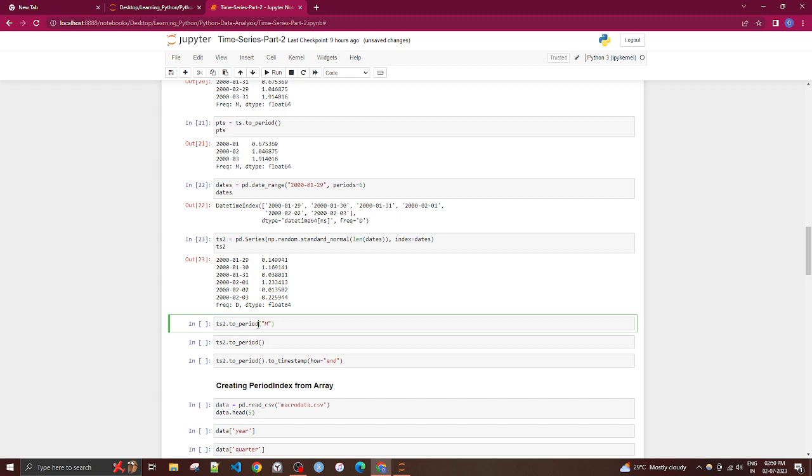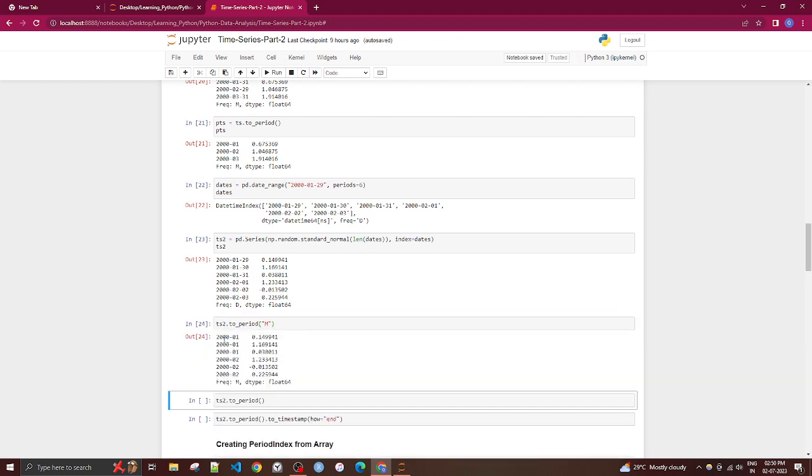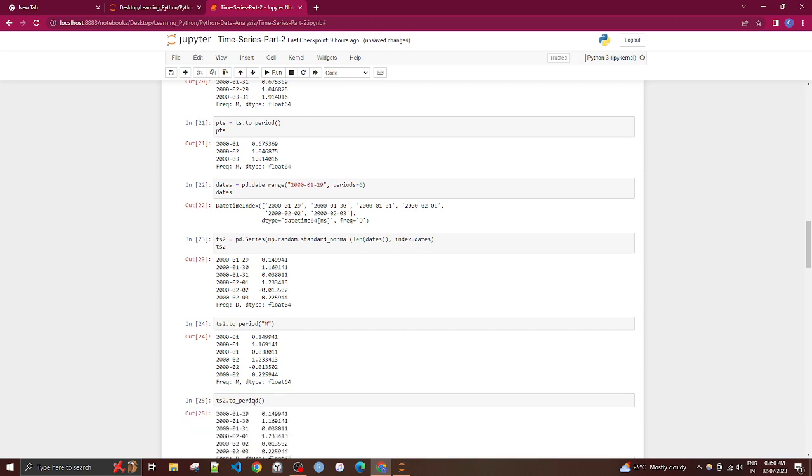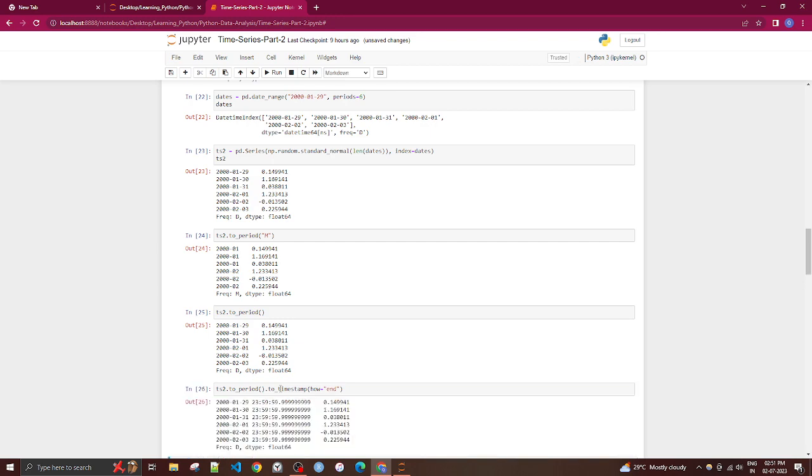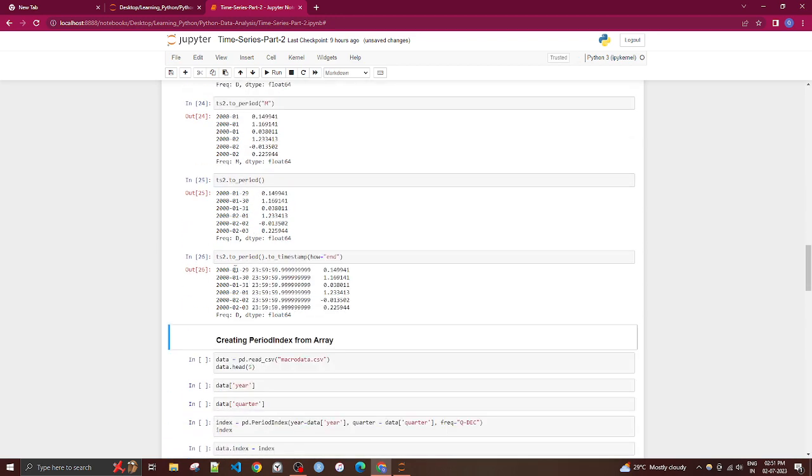So what do you think it will be? There are 2 months here, right? This belongs to January and this belongs to February, three readings. And if you want to convert this, it's the same thing as the days, right? Here you can see the frequency is days, while above the frequency was month. And you can convert this back to timestamp. It starts with the same date, but it also has a timestamp of the last hour, and the end hour. So you can also make the start,